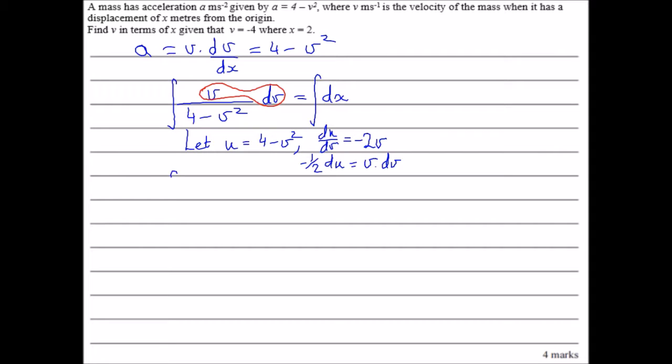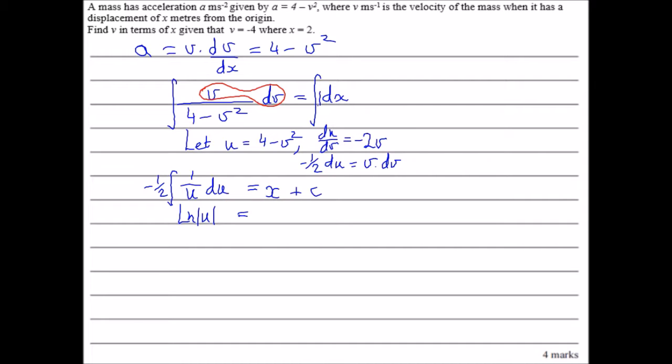So the integral now becomes, we've got this negative a half, so it's a 1 on a u du integral. And here on the right hand side we're integrating the number 1 with respect to x, and that just becomes x and our constant plus c, so we can add that in now. Now back here on the left, that goes to a natural log of u equals,